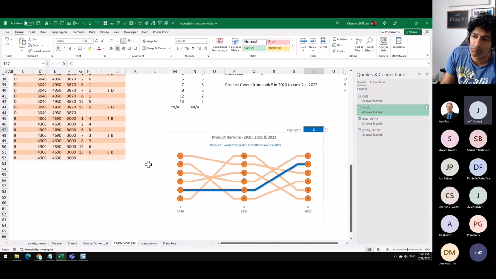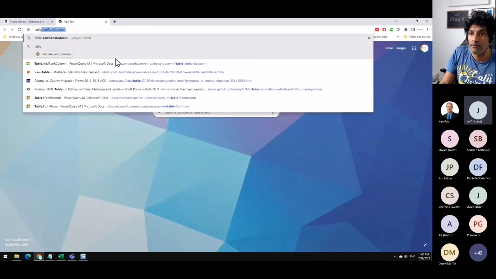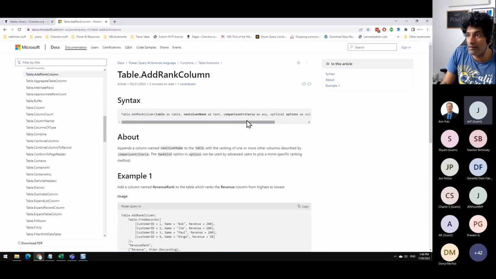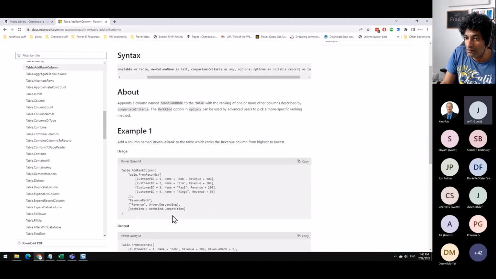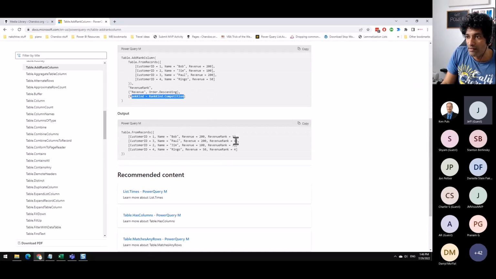But if you want a little bit more complicated ranking, you could use the Table.AddRankColumn function. It has an optional comparator that you could build, or you can also specify how you want to rank things. So here you can see that when you use that, it would give the same rank for both products rather than making one of them 1 and one of them 2 with the index column.